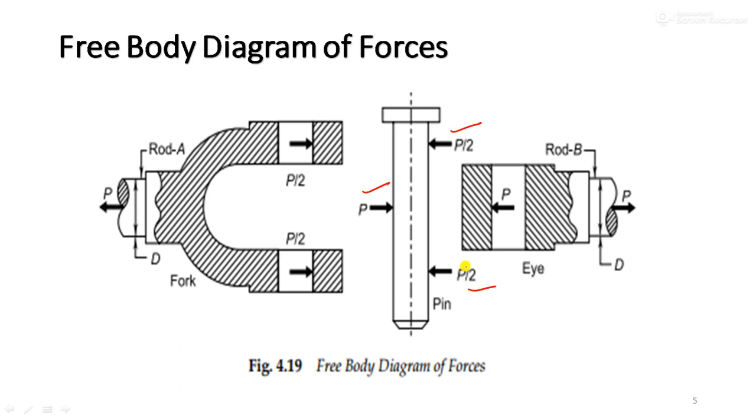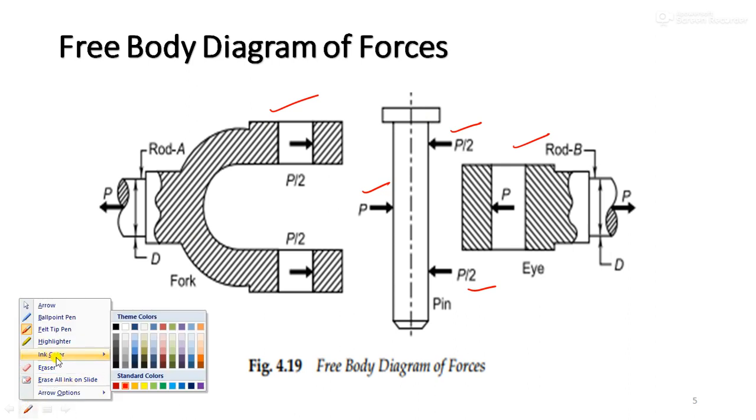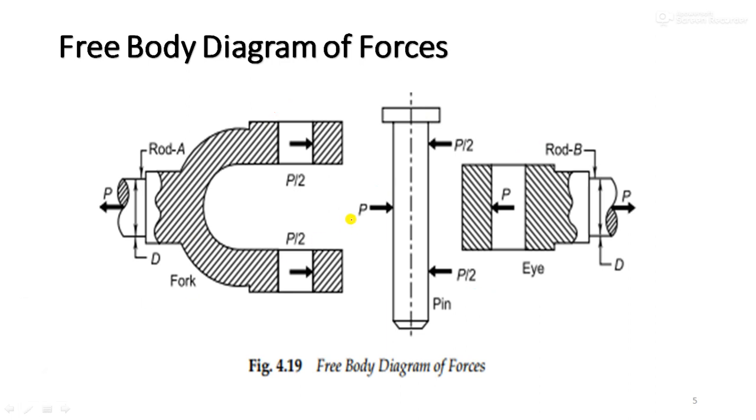So now basically because of these forces P by 2, P and P by 2 which are acting on the pin, apart from the stresses acting in the eye end and the fork end, this pin will be subjected to two types of stresses. Now first of all let us understand what type of stresses will be created in this particular pin. Okay, now the pin, basically when this pin is tight, try to understand this. Now see, this pin will be fitted inside this fork end as well as the eye end.